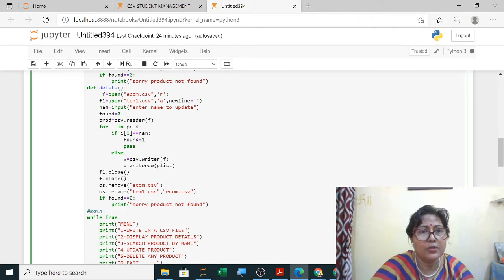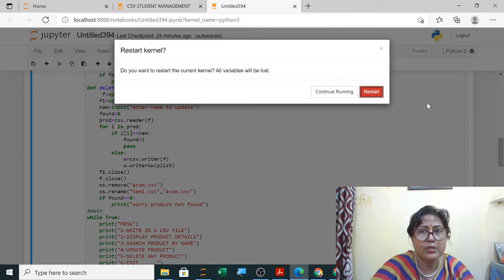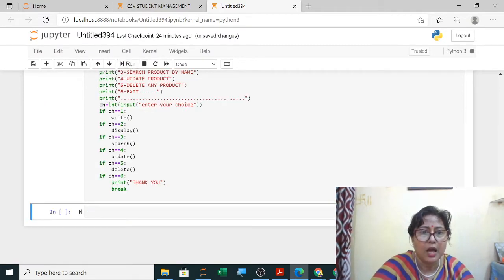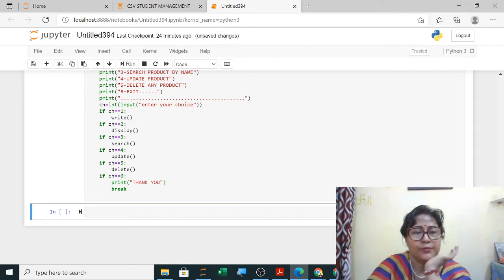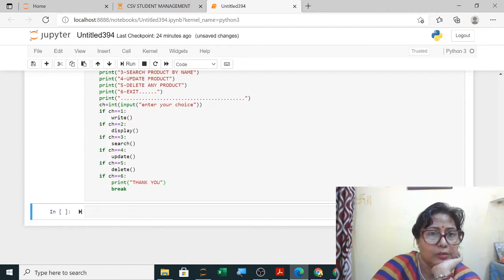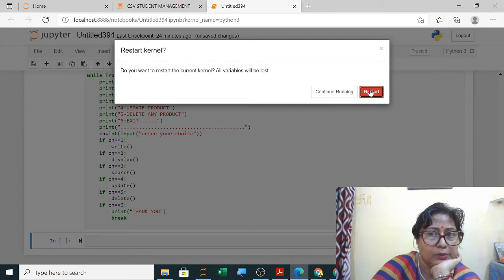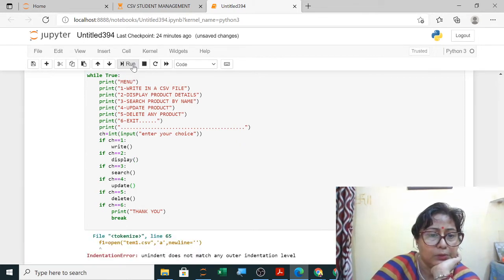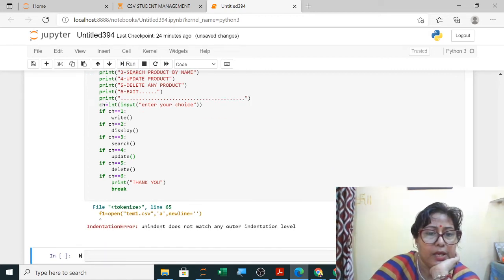Now we will execute it and we will see. Before executing, I have to restart this and then run it. F1 is unindented.